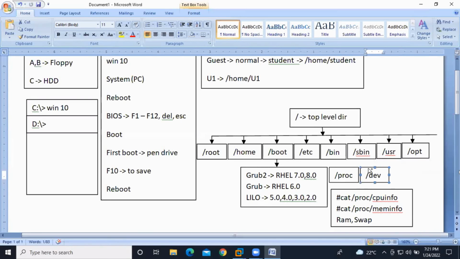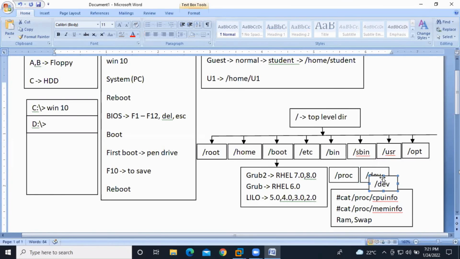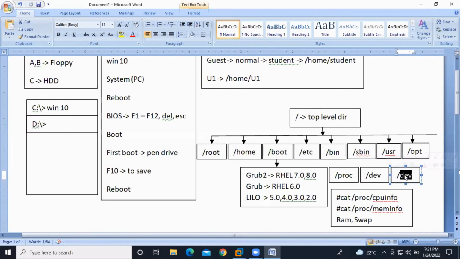So technically we need to call them block files and character files, right? Don't worry, I will teach you later, okay? All the hardware devices are connected with it. So now let's see, guys, here, slash